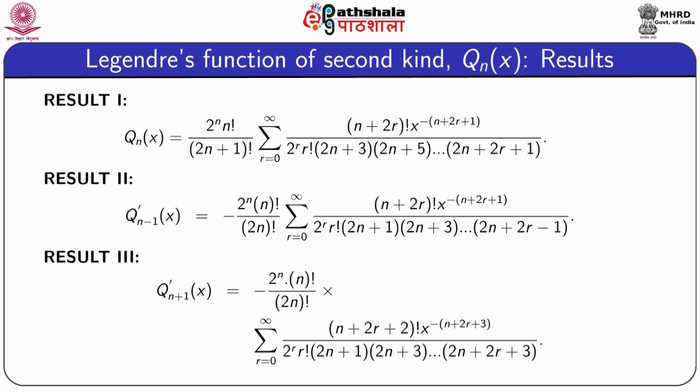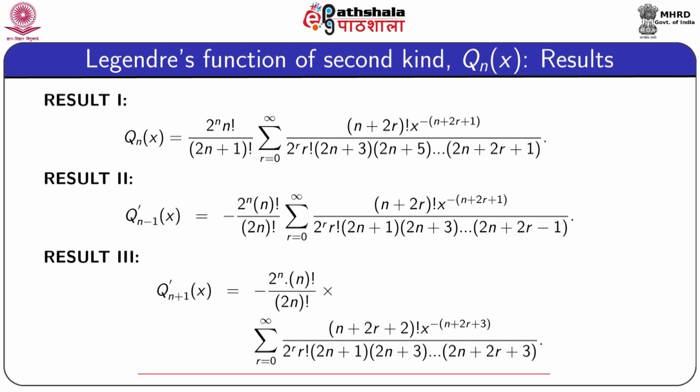Our second result 2 is just the differentiation of q n x, and we replace n by n minus 1. The result 3 is we again differentiate q n and replace n by n plus 1, and we will get